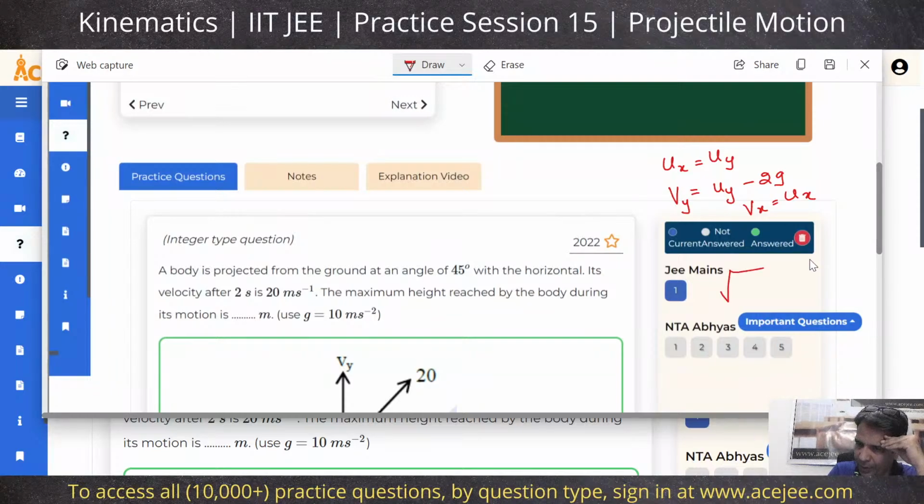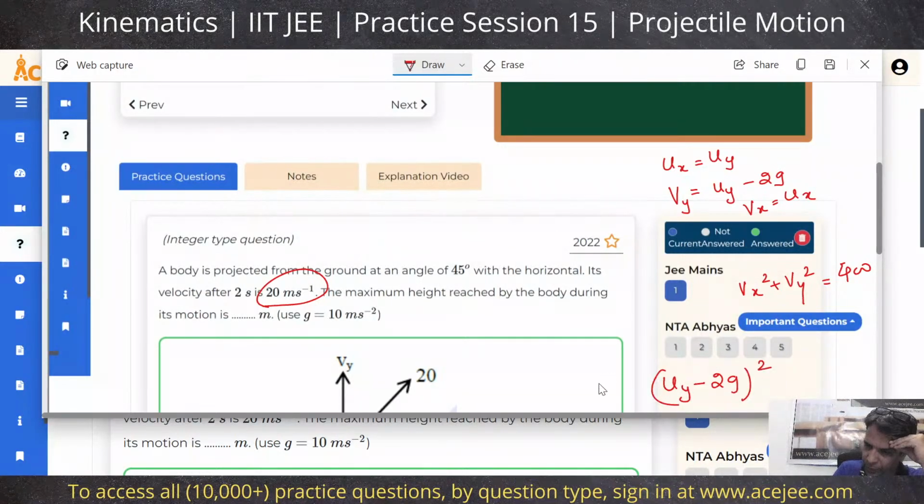We've been given the magnitude, which is the square root of Vx squared plus Vy squared. This is 20 meters per second, so I'm going to write 400 on this side. So let me put these in there. We'll get Ux squared plus Uy minus 2g squared equals 400. 2g, I'm going to write this as 20. If I open this up, we get Ux squared